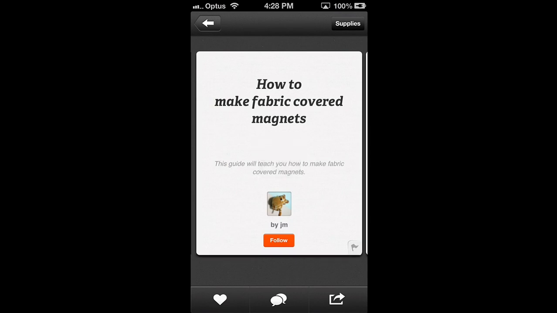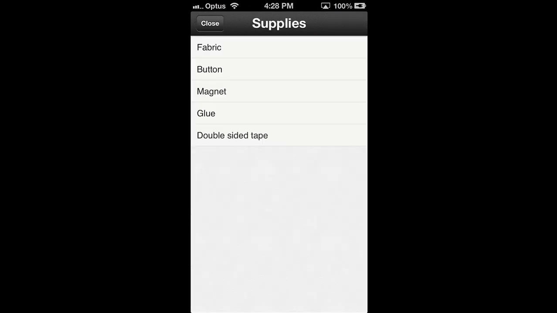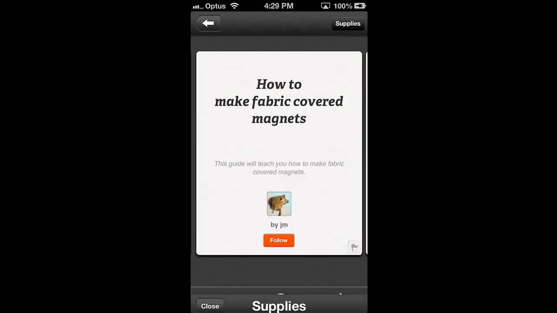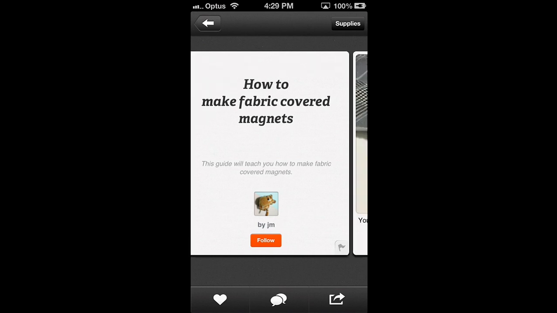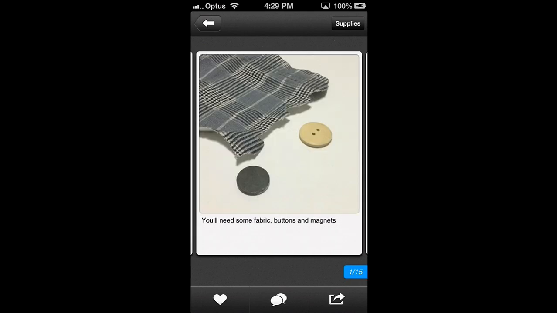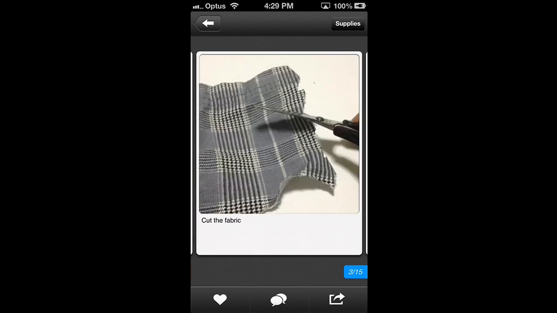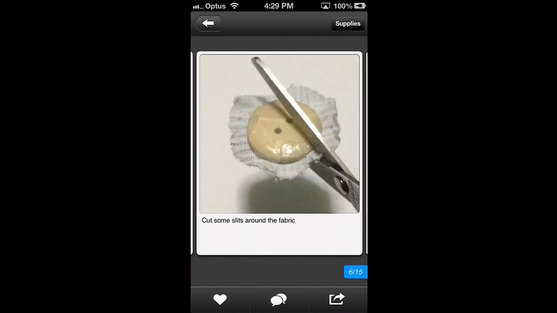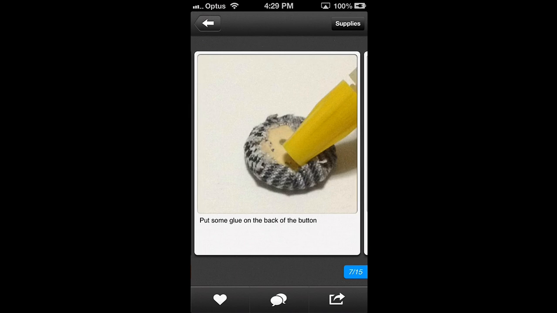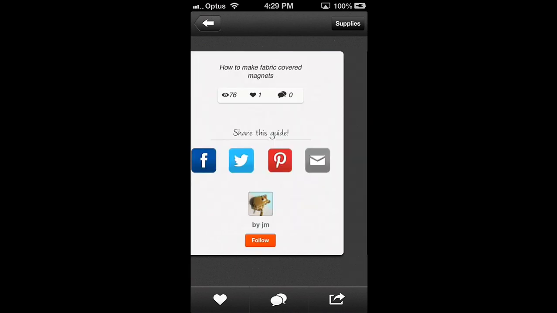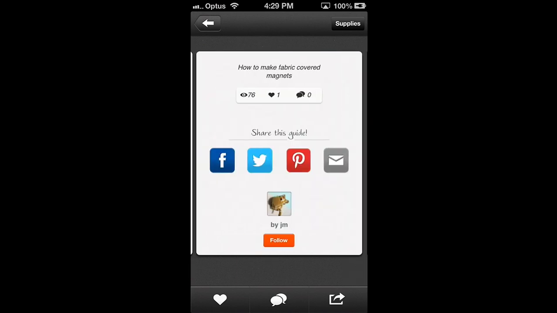Now, once you've selected the project that you're interested in making, just click on it and it'll come up with who made it and what it's called. In the top right hand corner, there's a little supplies button. If you click on supplies, it will come up with a complete list of all the supplies you need to create the project, which makes it really easy for you to make a shopping list. Once you close that, you can just go back, and to see the whole tutorial, you just swipe to the left and it'll come up with pictures and captions of each step of creating your brand new project. Once you get to the end, you'll have options to share it with all of your social media networks and